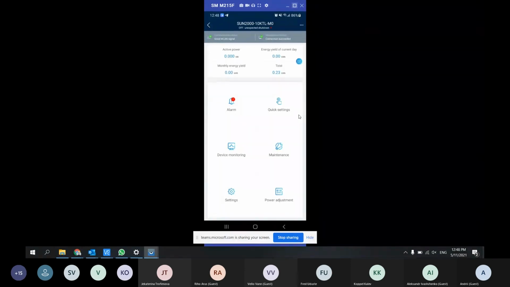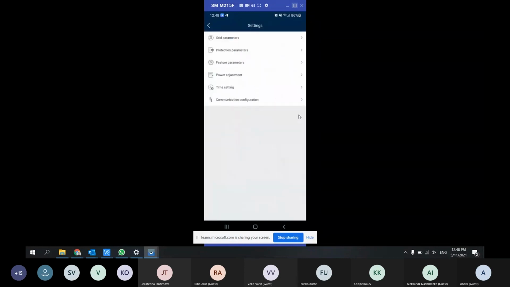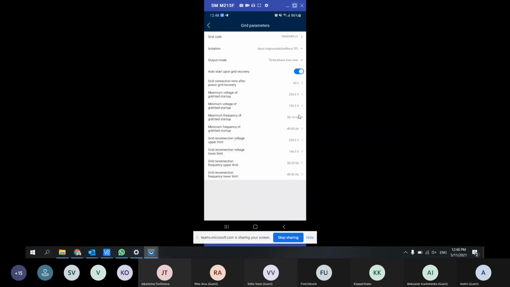What else I can show you is, if you remember, how to set the grid code Estonian settings from here. Khalif, do you hear me well? Yes. Okay. So if you want to adjust the grid settings, we need to go to settings and choose grid parameters. And here is this grid code.